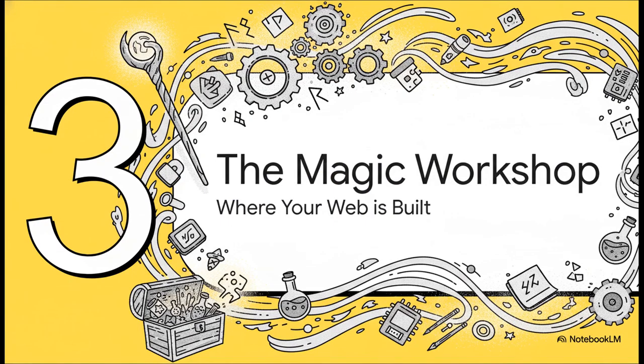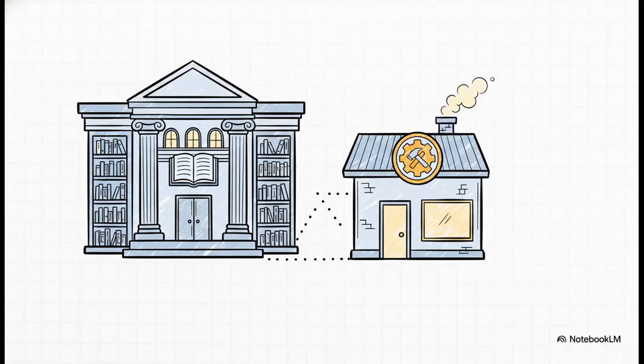So, this is where a second, much more interesting character comes into our story, and you can think of it less like a library and more like a magic workshop. Picture this. Tucked away behind the main library, there's this special workshop. This is the application server. Its job isn't to just fetch things that already exist. Its whole purpose is to create new things based on a custom order.